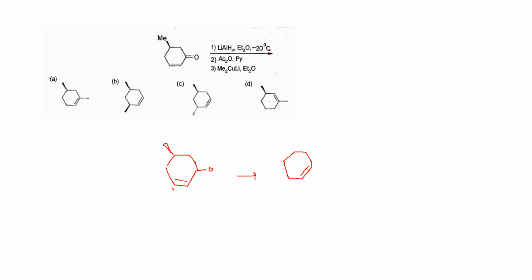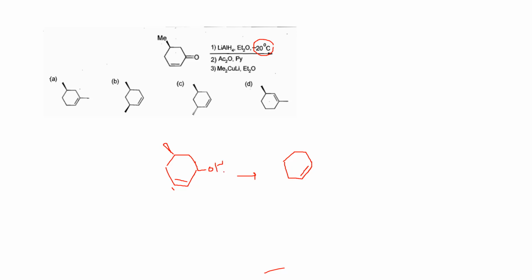As it is happening at low temperature, I have already told in the previous examples, if you perform the reaction at room temperature, the double bond as well as the carbonyl will be reduced. But as the reaction is happening at low temperature, only the carbonyl group will be reduced and give us this